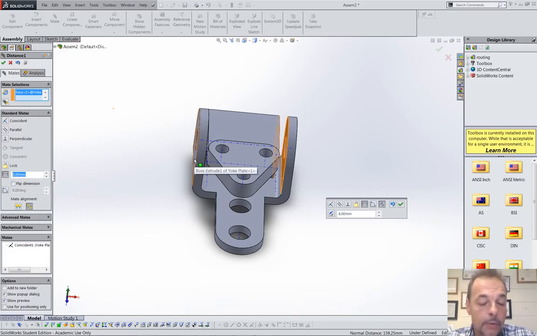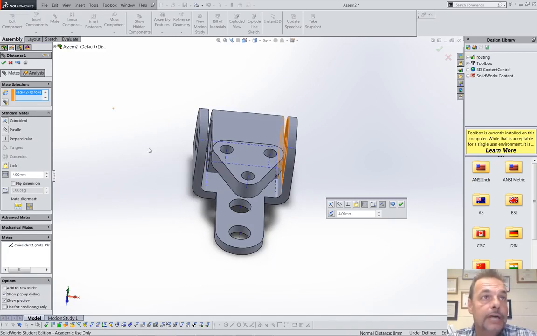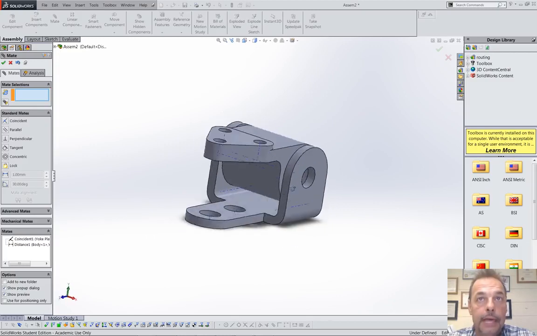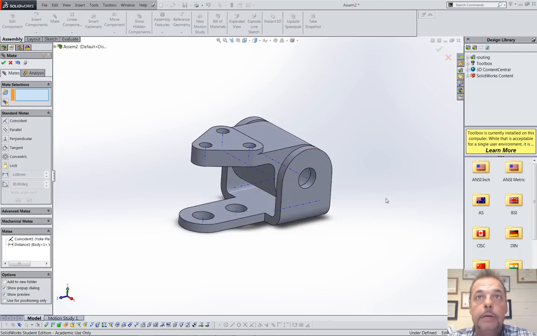And listen, if you guys want to put an equation in here like 8 divided by 2, notice that it will automatically do the equation math for you, and you don't have to do it. Hit my check button. Alright, now I have a part that is mated in 2 degrees of freedom,